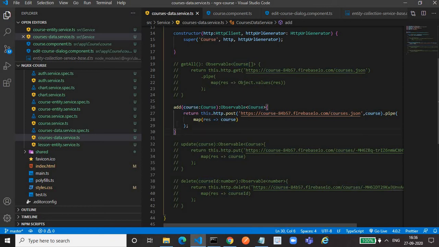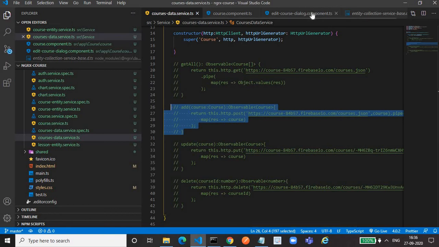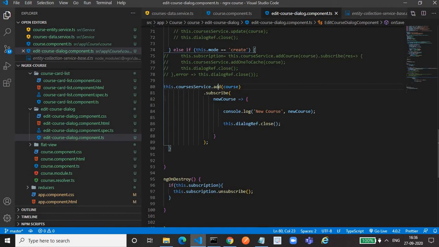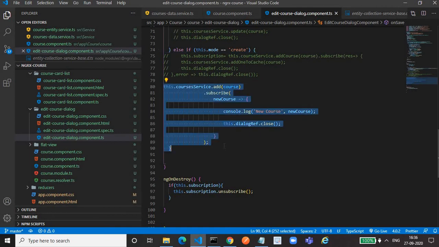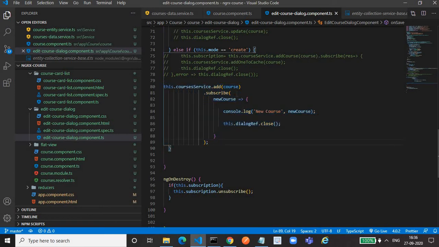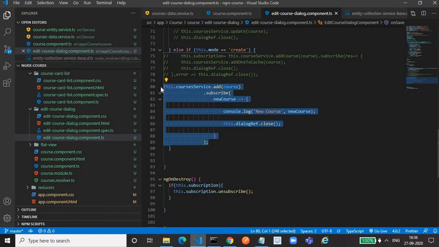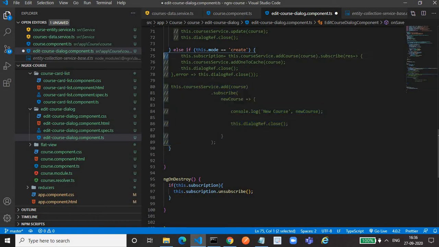So either design the API in such a way, or we call our own API. Once our own API has successfully inserted the record, then call add one to cache. This is the approach I prefer, because here we do not have any restriction on the payload. Because we are calling our own service method, we can pass any type of payload.